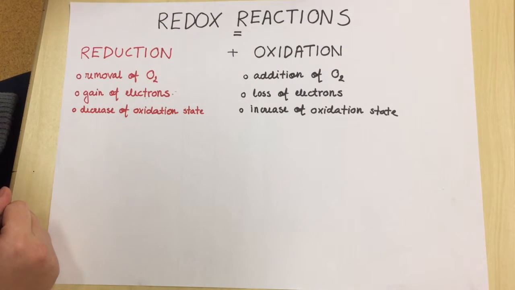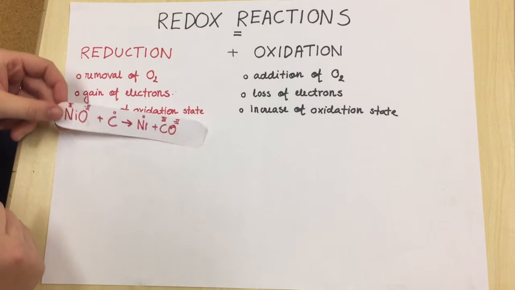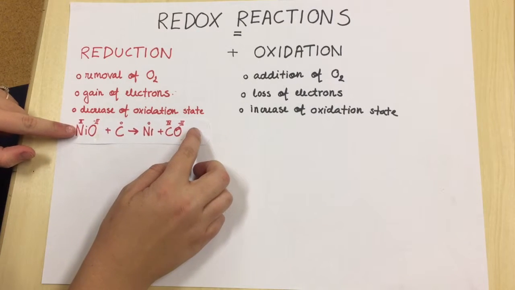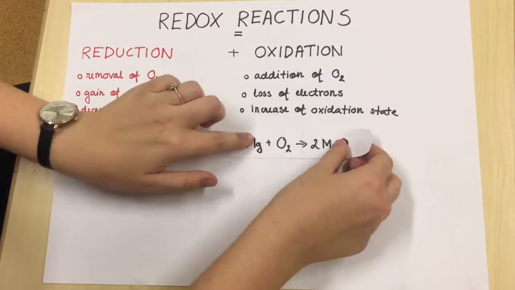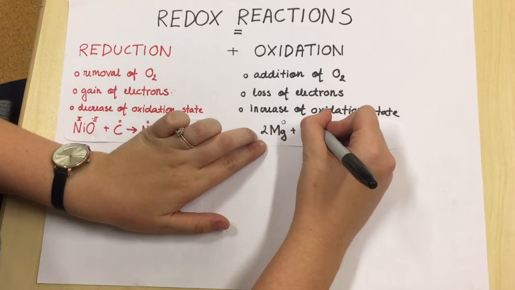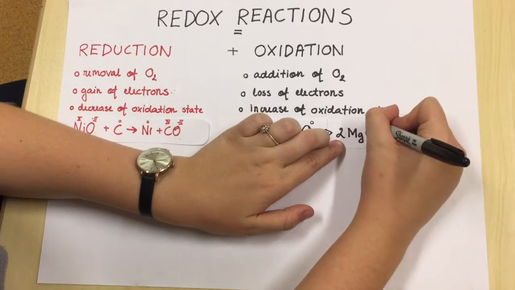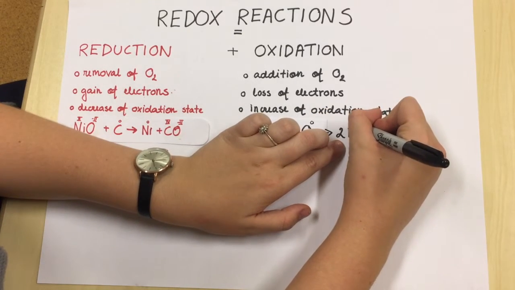In terms of oxidation states, reduction describes a process in which the oxidation state decreases, while oxidation describes a process in which the oxidation state increases. Referring back to the first examples, in the first one, nickel first has an oxidation state of +2, but after the reaction, the oxidation state decreases and becomes 0. In the oxidation example, magnesium first has an oxidation state of 0, but after the reaction, it increases and becomes